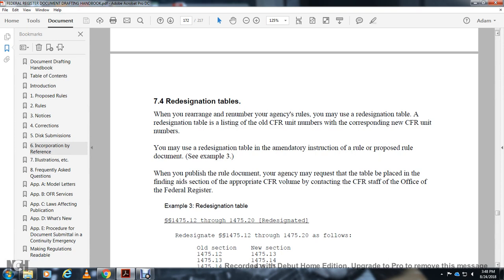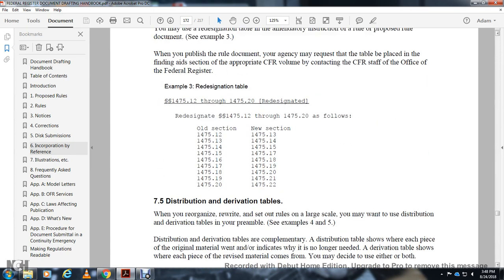See Example 3. With the published rule document, the agency is required to provide finding aids with the appropriate section in the CFR volume, connecting the CFR staff of the Office of the Federal Register. Example 3: Redesignation table. 7.5 Distribution